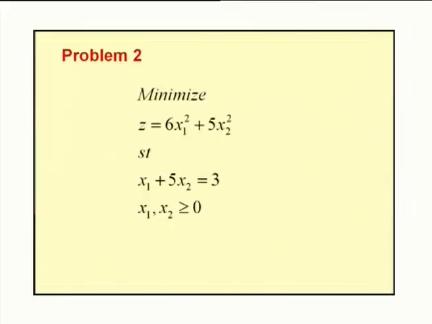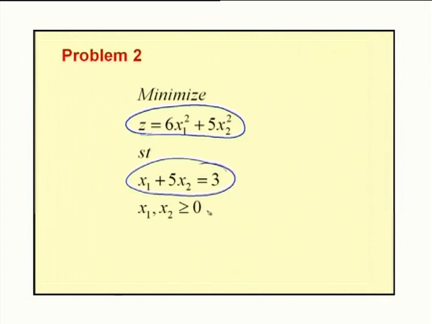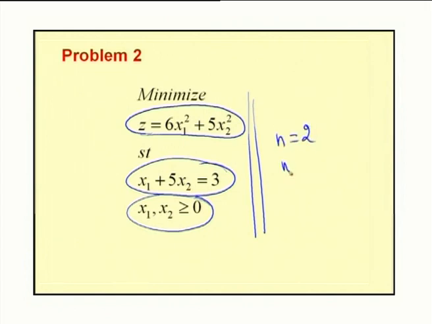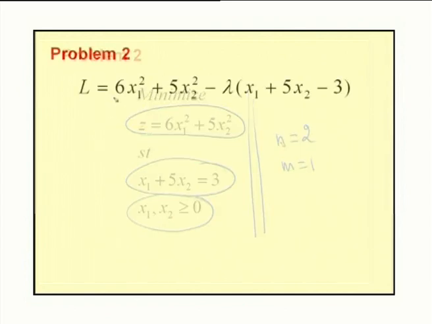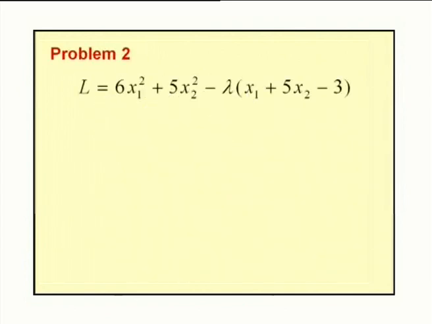The next problem is minimize z equal to 6 x1 squared plus 5 x2 squared subject to the constraints x1 plus 5 x2 equal to 3 and the decision variables x1, x2 greater than 0. So, the given NLPP involves two decision variables and an equality constraint. Therefore, n value for this problem is 2 and m value for this problem is 1, where m equal to number of constraints, n equal to number of decision variables. Now, in order to get this necessary condition, first we will